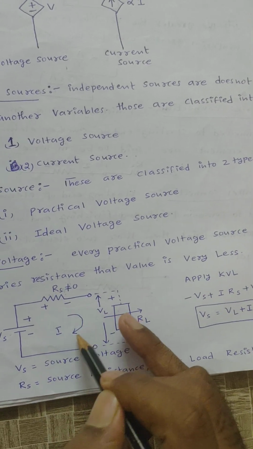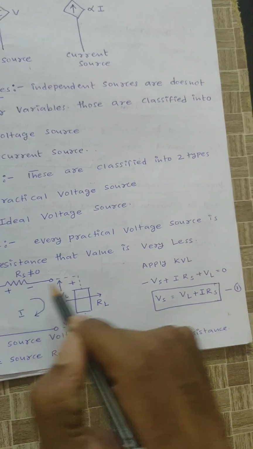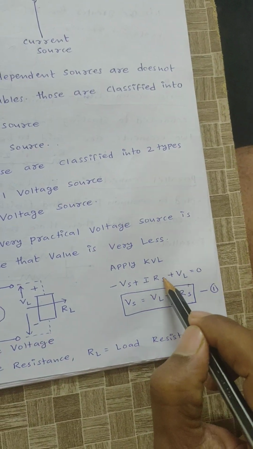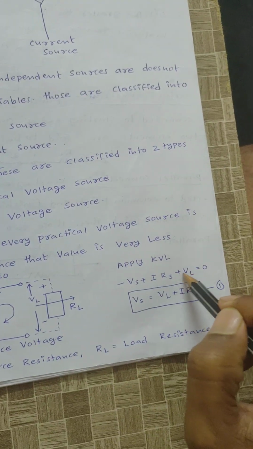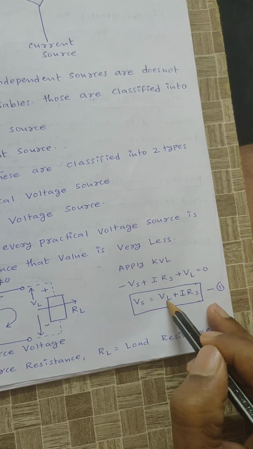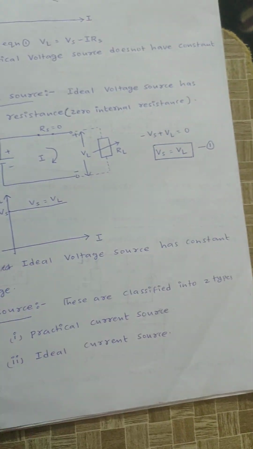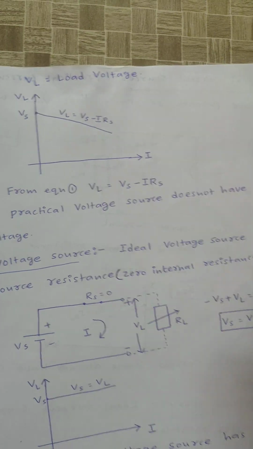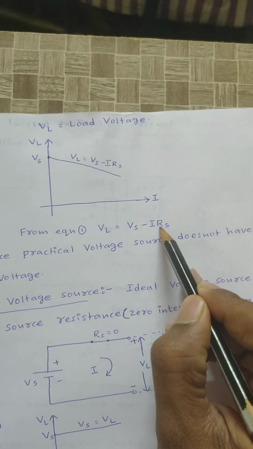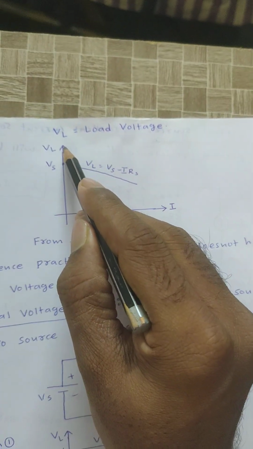If we apply KVL here, minus Vs plus I into Rs, the current flowing through this series resistance, plus the voltage across the load VL is equal to 0. Then Vs is equal to VL plus I into Rs. From this equation, the load voltage VL is equal to Vs minus I into Rs. Now if I draw the graph between current versus load voltage,